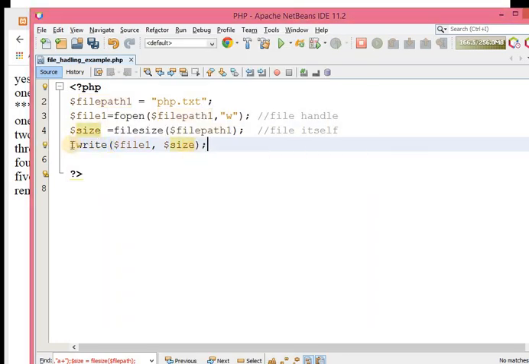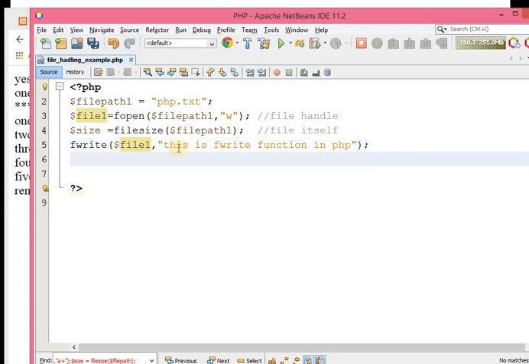Now whatever is written, there is the content. So the content is like that. This is the fwrite function in PHP.